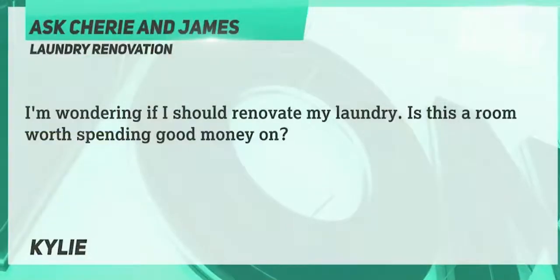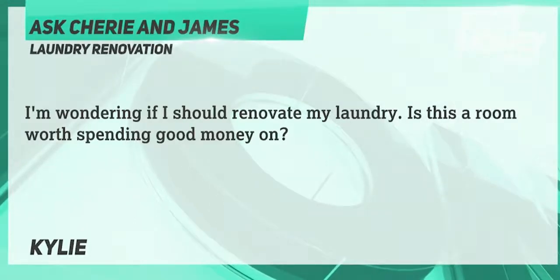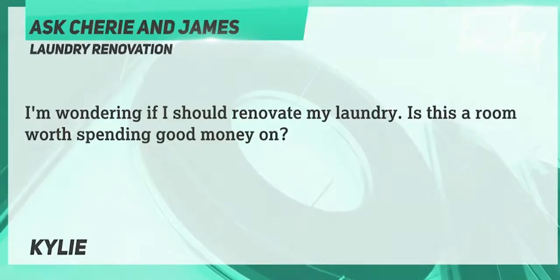She is wondering if it's worth renovating a laundry. Is it worth spending much money on? Well, I think it depends on the property value. If you've got a house that's a couple of million dollars or a high-end apartment, yes. Doing every room is valuable, but for most Australians who've got a property under $750,000, I'm a big fan of not pouring too much money into a laundry,